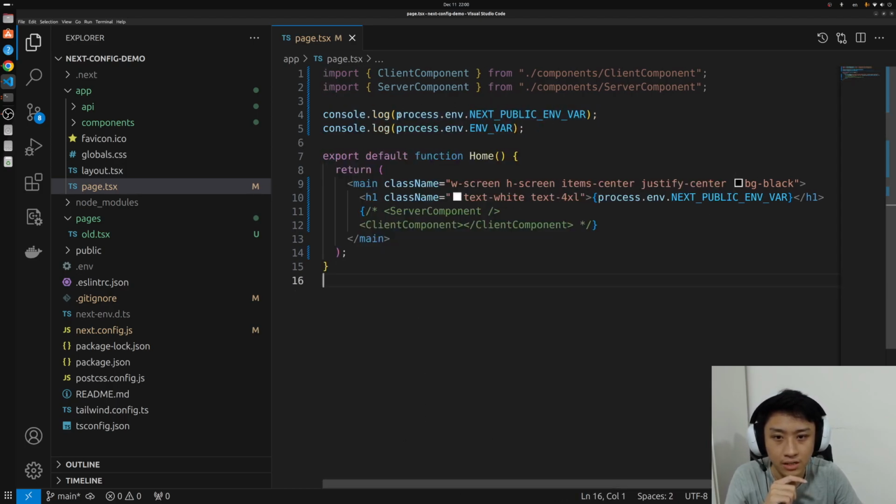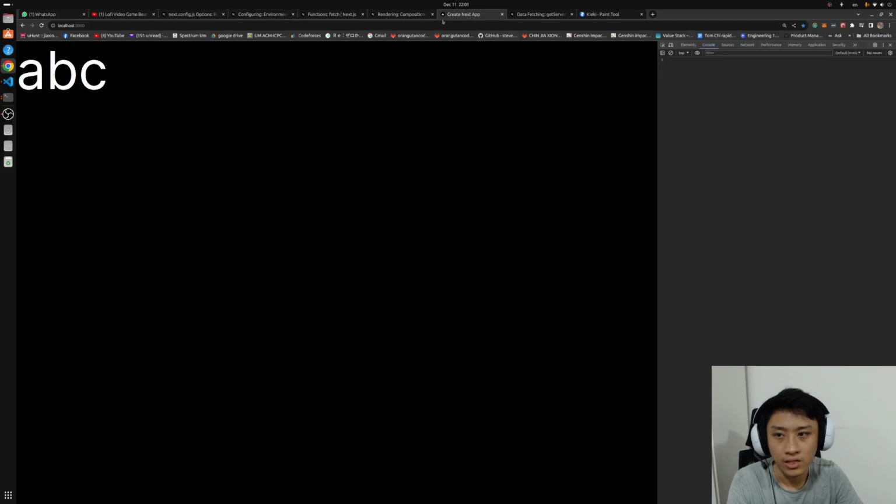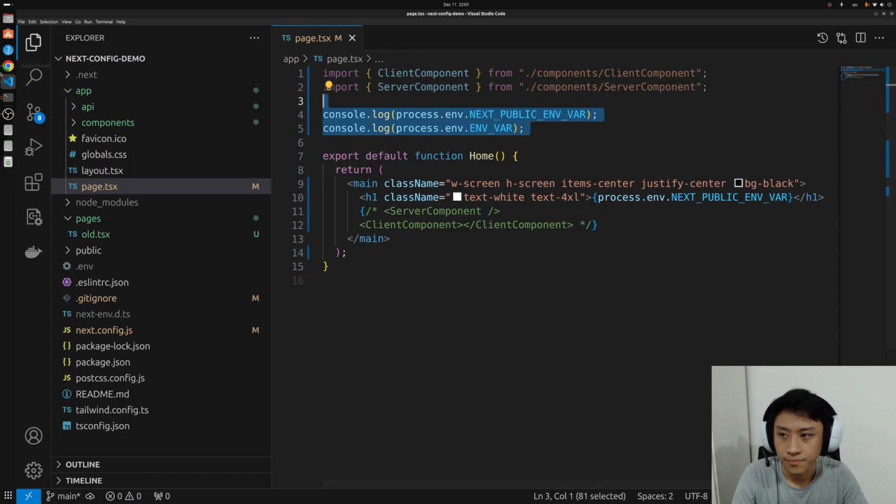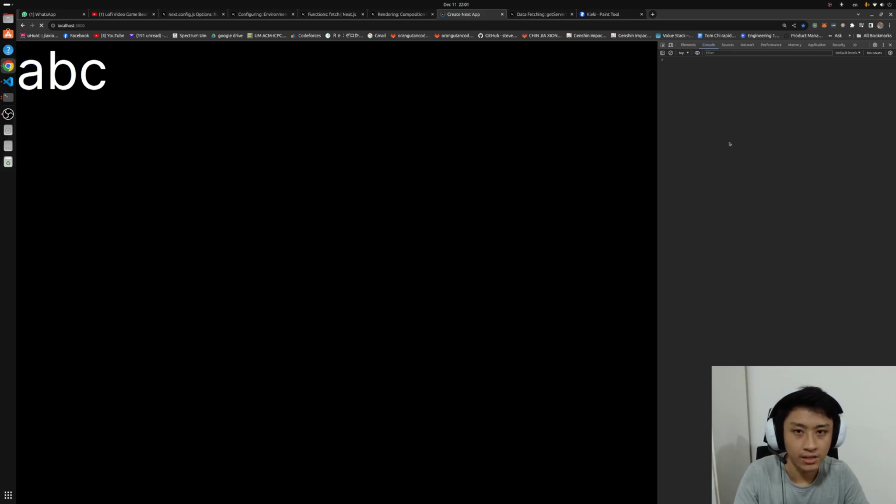I just have the process.env, so I can console log the NEXT_PUBLIC environment variable and also the normal environment variable. Inside the component, we also have this process.env.NEXT_PUBLIC_ENV in our h1. Okay, so the intended behavior here is that it will console log. So remember, we have this console.log, right? The two variables, but we actually don't see any logs in our